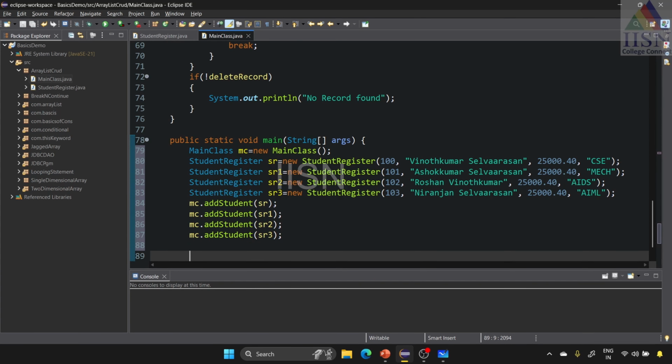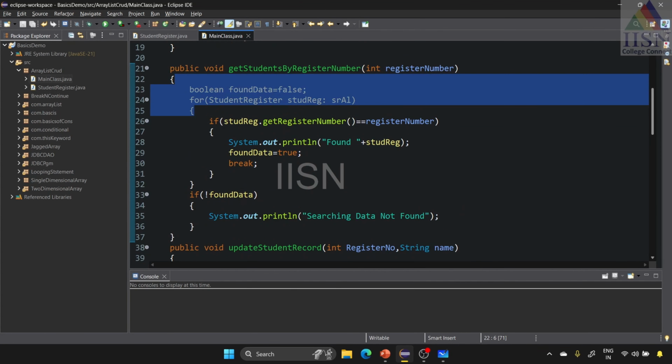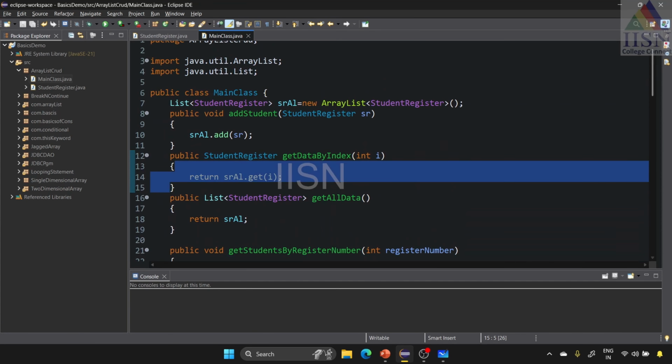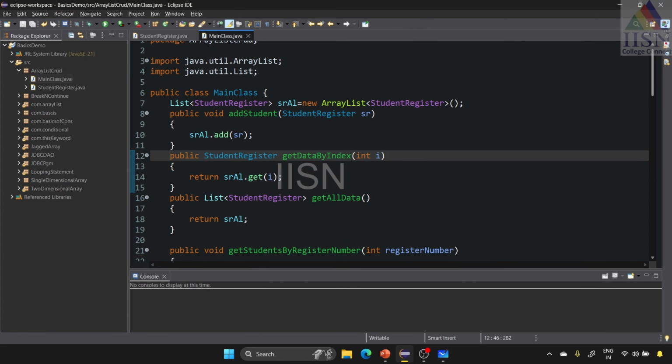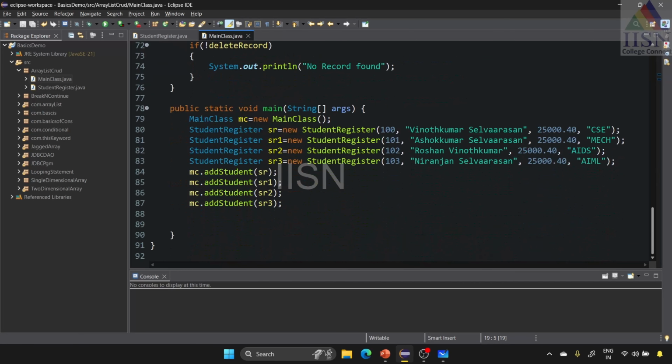Once we perform the adding operations, what's the next thing? We are going to retrieve all the records. That is get all the students, and get the students by the index values. Here you see each value is going to return a set of values. So I'm going to use System.out.println, sysout. Here, retrieve